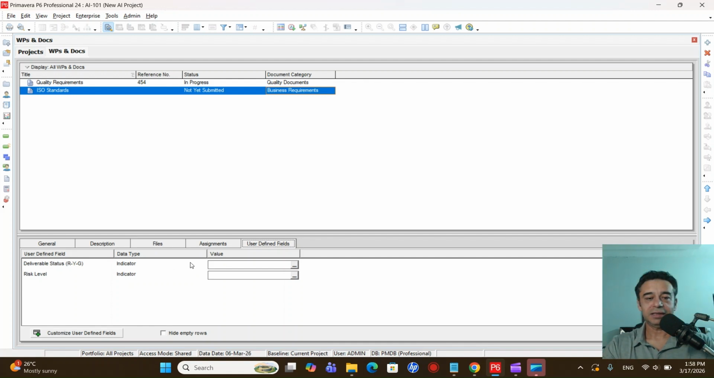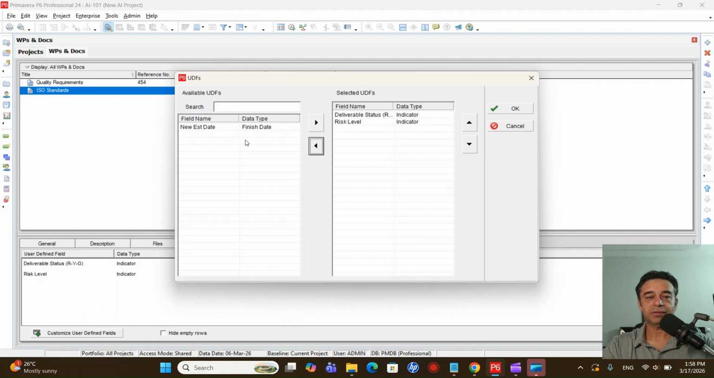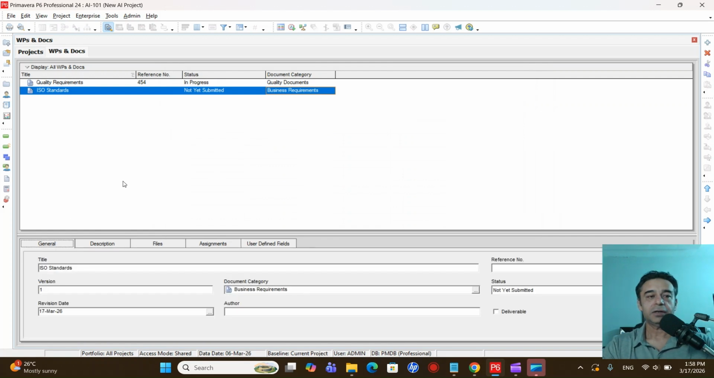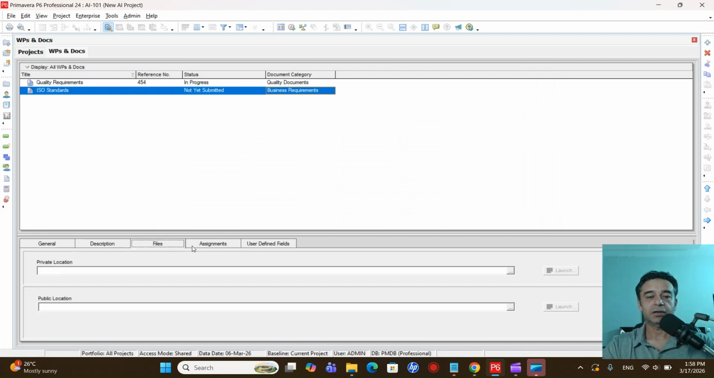So we will just leave this section. But again, if you want to assign any user defined field, you can click here on customize user defined field. These fields are already available in the system, so we can use any of these fields. But in order to create a new field, there will be a separate video coming up. So that is how we can create a new document, and we can assign the document to any existing activity